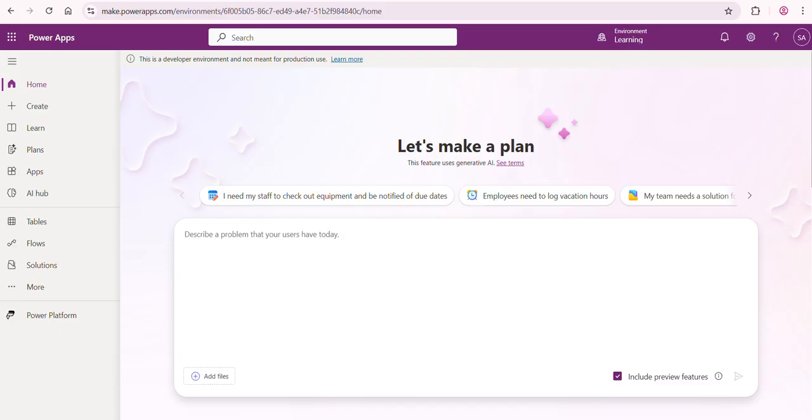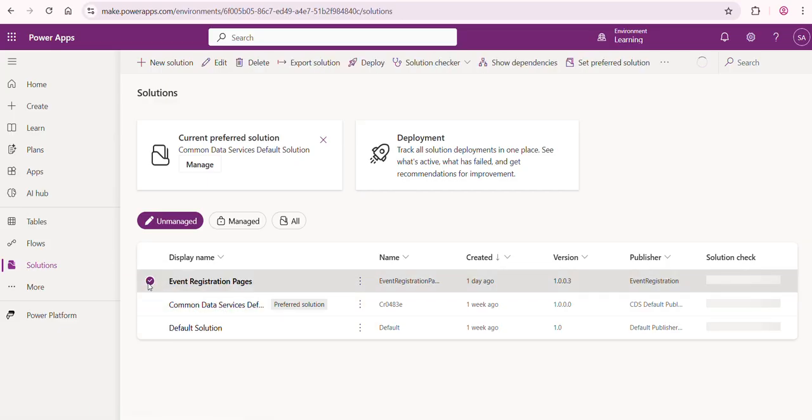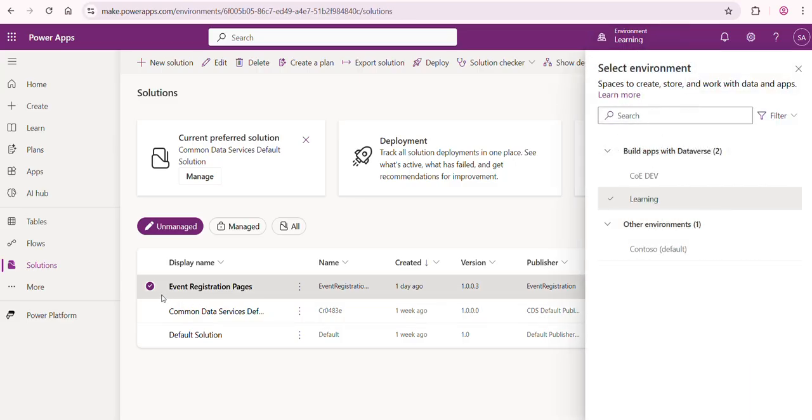So in this particular video we are going to discuss how we can deploy our solution from dev to production using a personal pipeline using the platform host. So let's go to a solution. I do have this solution in my learning environment. All right. So I need to deploy this solution into